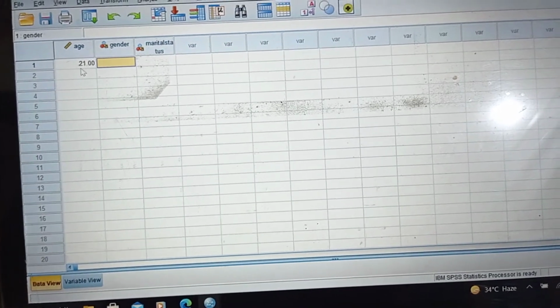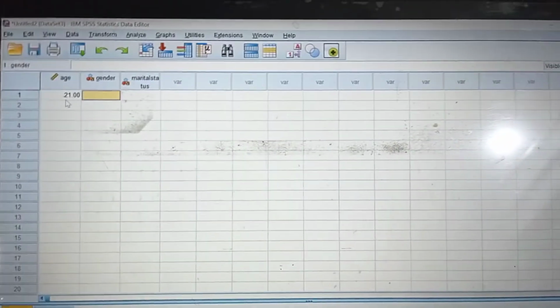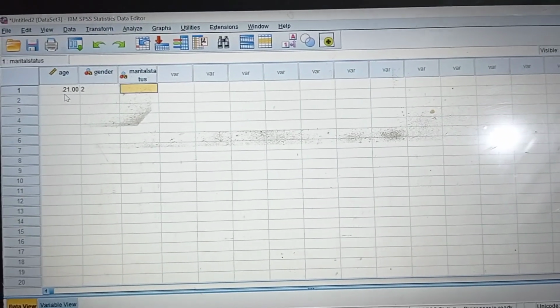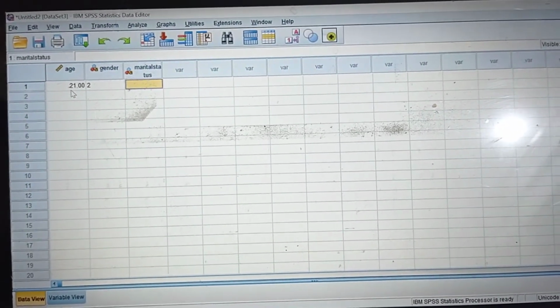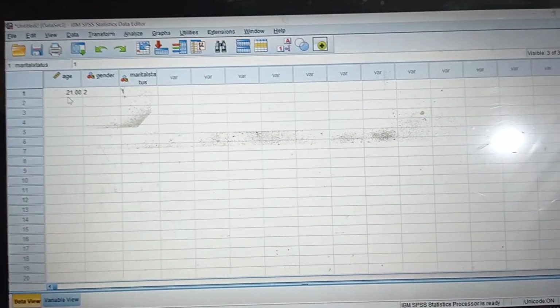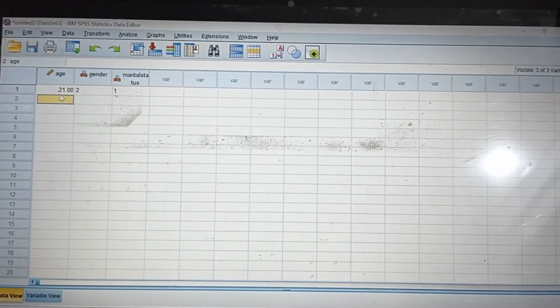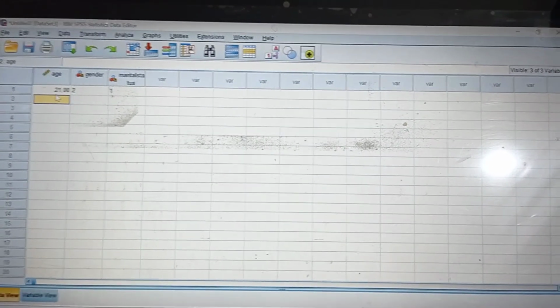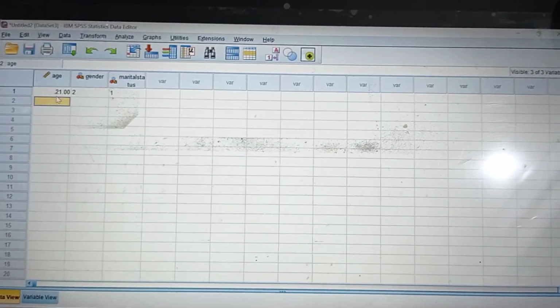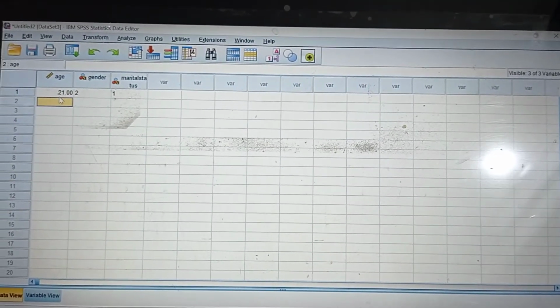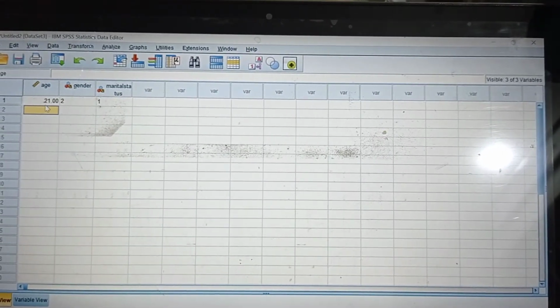So in this sample the first one is female, so I will write down here 2, and then marital status is single, so I'll write down here 1, and then you will enter. Just for the sake of tutorial, we have taken 3 variables, but you can get the idea, and you can go about it with whatever number of variables you have.